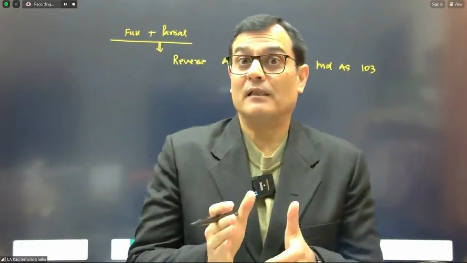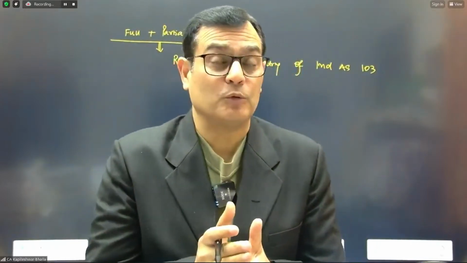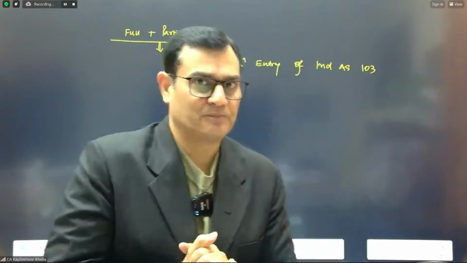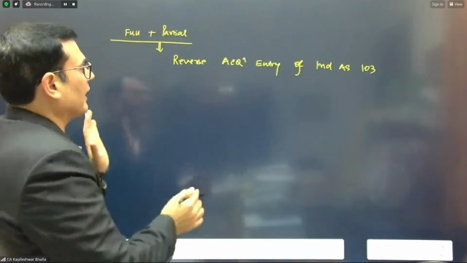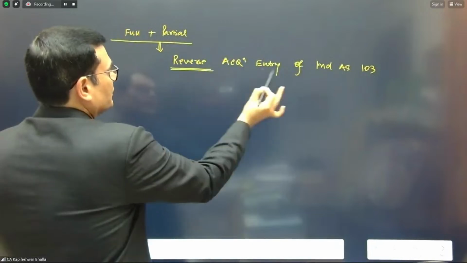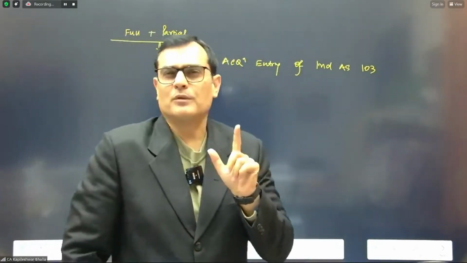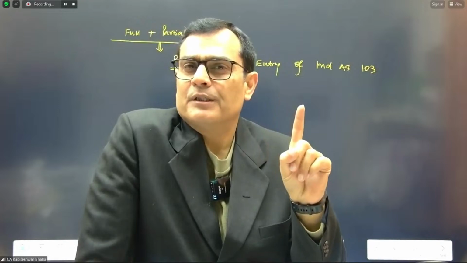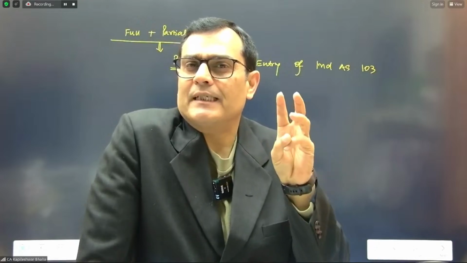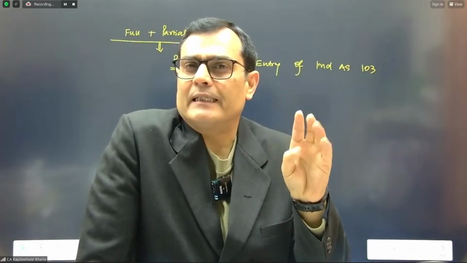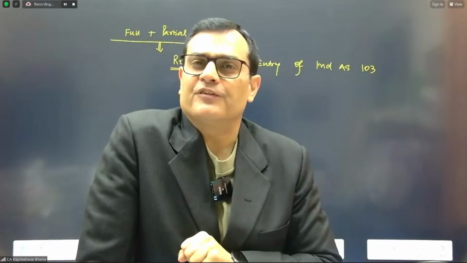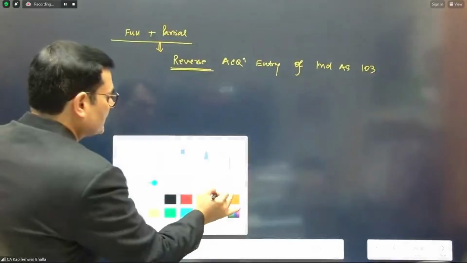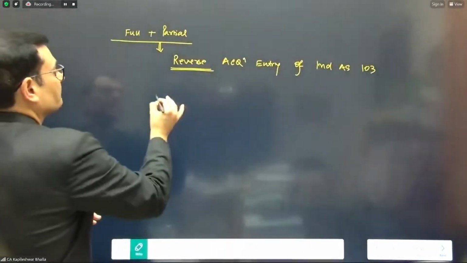Maybe when you go to look at the study material, that kind of entry is not given in the question, but this is my creation, and believe me, it works, it rocks. So whatever be the case, I'm going to simply put a reverse acquisition entry. Now let's imagine what was the acquisition entry. Net assets debit, goodwill debit, NCI credit, investment credit, and the PC is given a credit. Reverse it now. So I'm giving you a comprehensive entry which I'm going to pass.